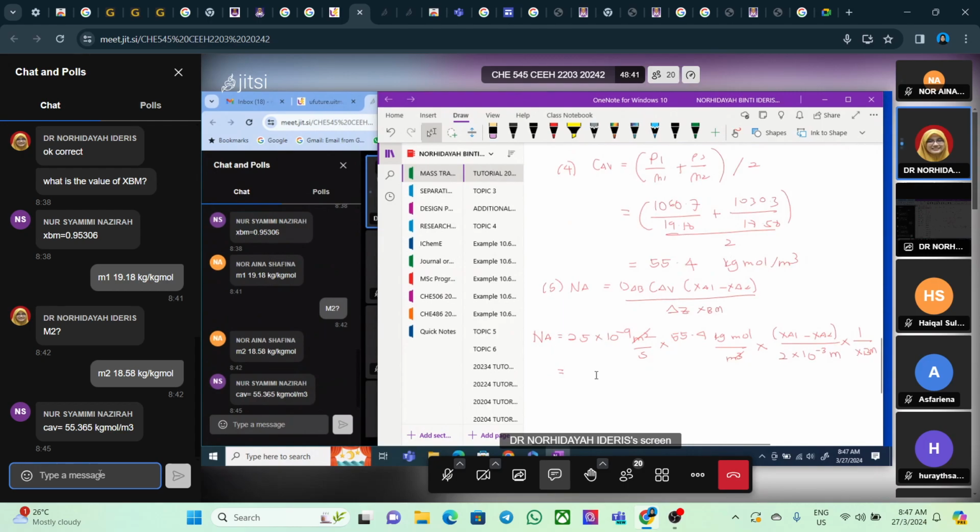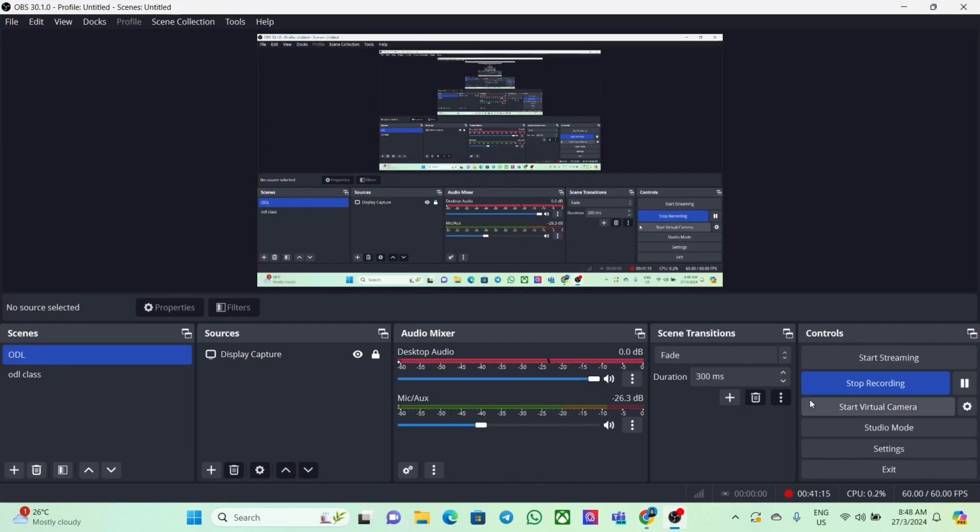Alright, so we take 5 first. You try to look back again from the step 1 until step 5 here. Okay, kita sambung balik pukul 8.52. Okay, semua yang kalau dah calculate tu boleh share